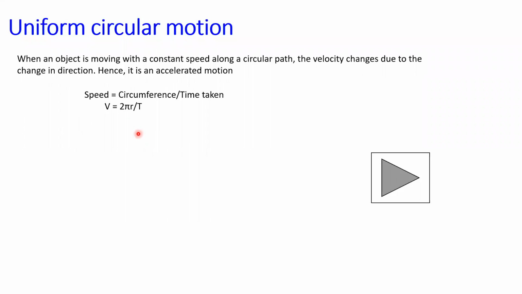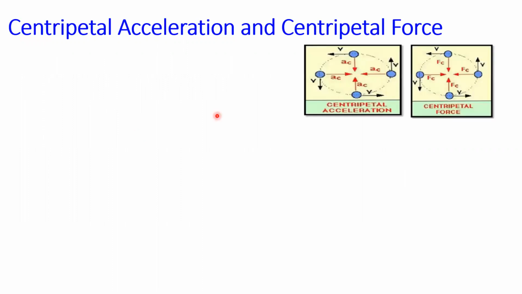When the object is undergoing the accelerated motion, the acceleration must be along the string, directed inwards, with the help of which the stone is moving along the circular path. When the object is moving along a circular path, this acceleration is called centripetal acceleration. You can see it along with the diagram. The ball is represented in blue color.